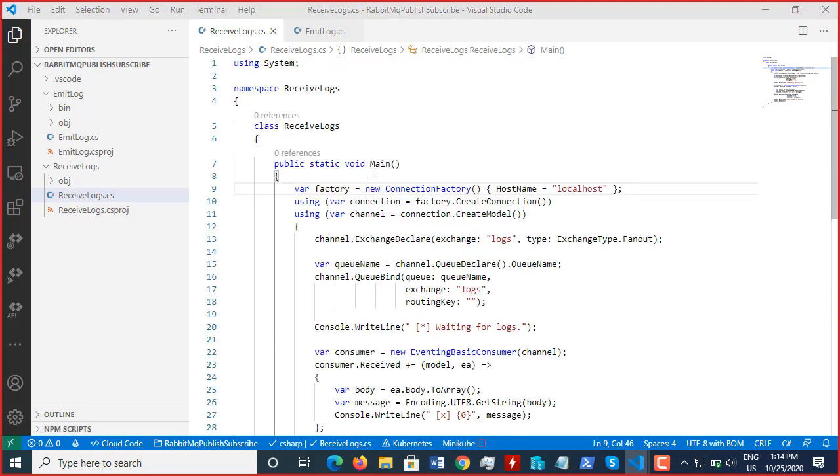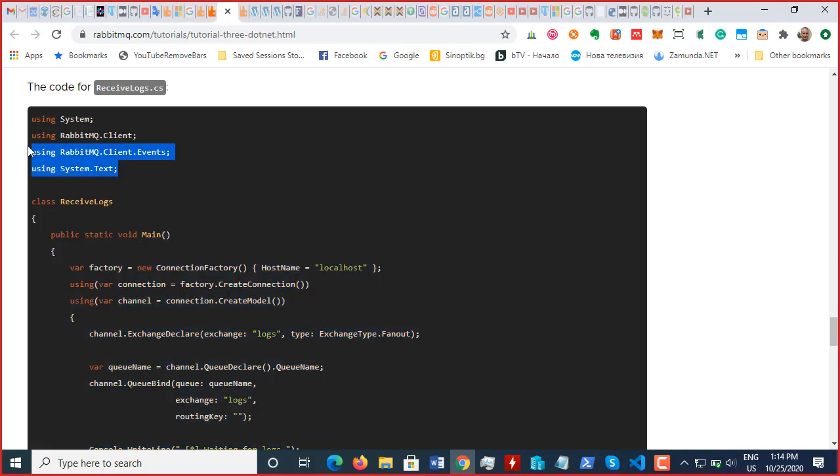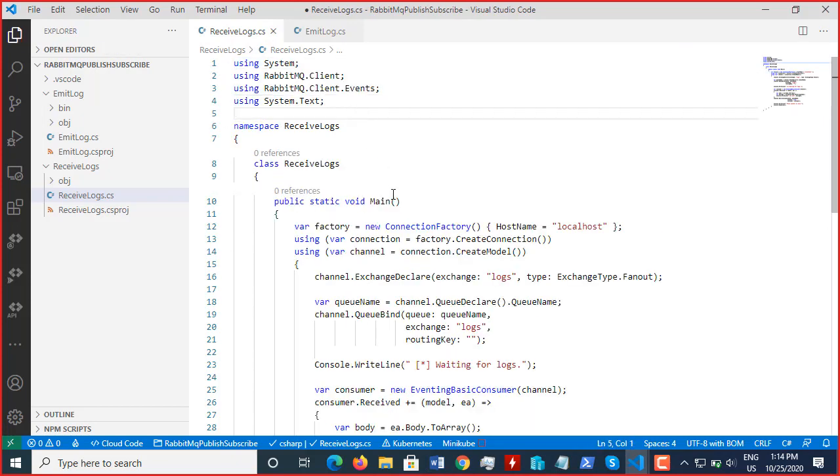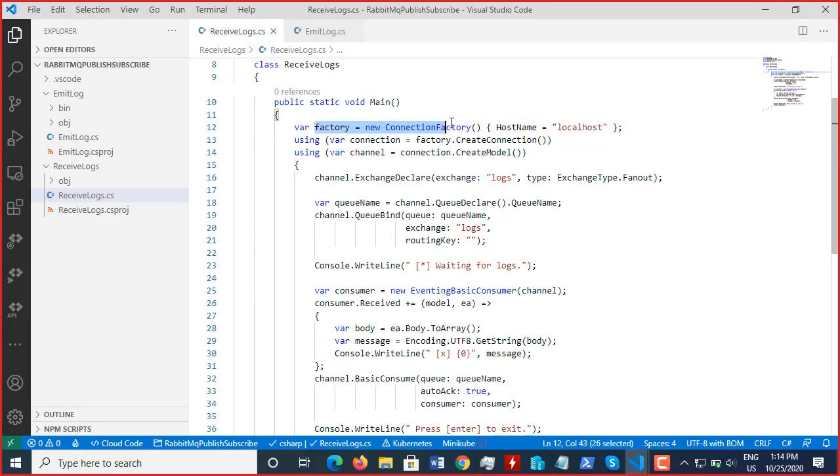Isn't this actually a mystery? Receive logs. Okay, so I'm gonna avoid this. Again, the very same thing. Factory,